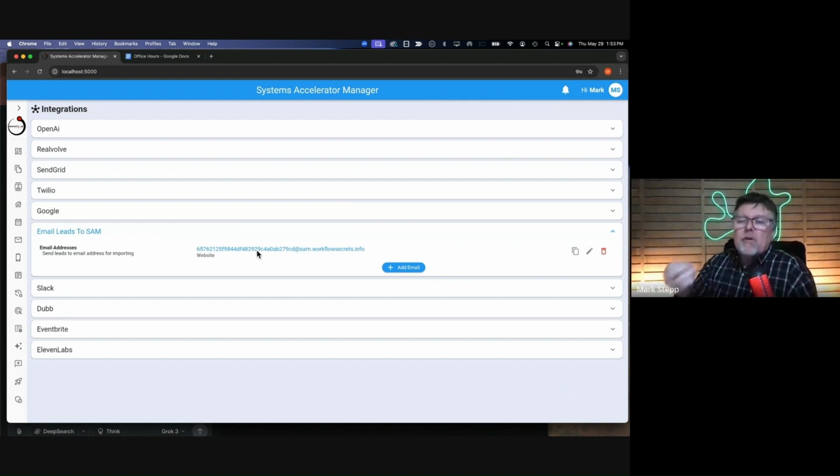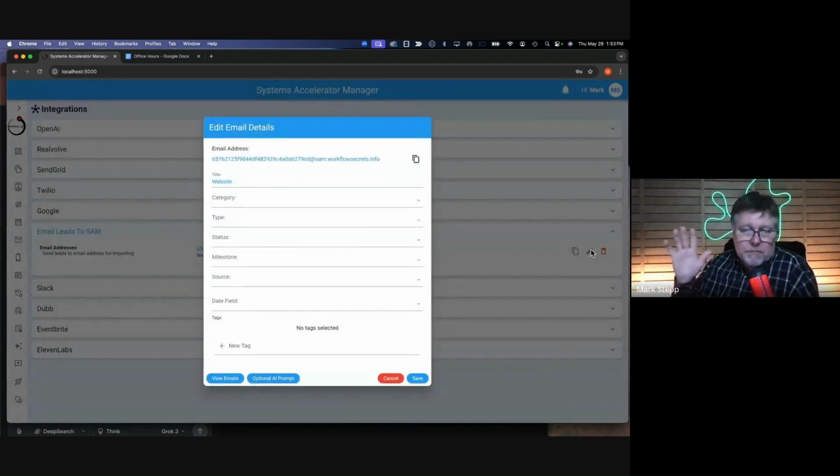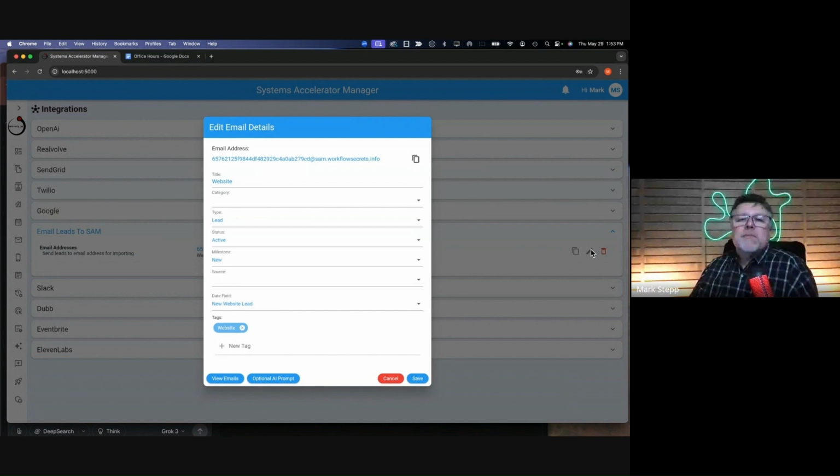get an email notification and you're allowed to put in what email address you want to send this to, if you put this email address in, whenever an email comes to it that has the lead information in there, it'll import it in as a lead for you into SAM using AI. Well, that's been working fine. There's been a few oddities, but what